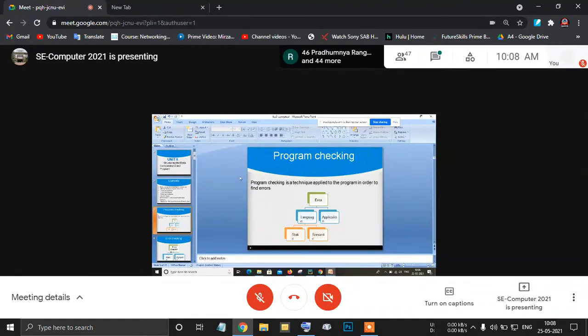So when you write any simple program, say the division 0 divided by 0 error program, or a very simple program which will perform addition of two numbers or division of two numbers, how are we going to check the error which is inside the program? When a programmer writes a program statement, at that time he just writes a certain line of code. At that time he is not sure whether he will get a correct output or not. Sometimes he needs to trace the value in the variable, whether we are getting the proper value in the variable or not. If we are not getting the proper value, then we have to make a modification in the program. That is called program checking.